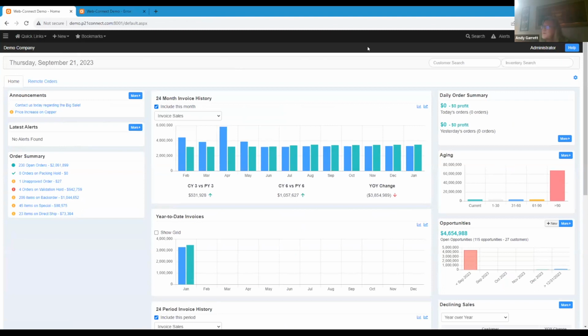On top of things like the full Web Connect system and the Outlook add-ins that are out there, we also offer some native apps that are pretty cool. One for service, if any of you guys are inside and doing any kind of service for your guys out there, we can really customize the heck out of the way service works to fit your organization better than what is done inside of P21. And also we